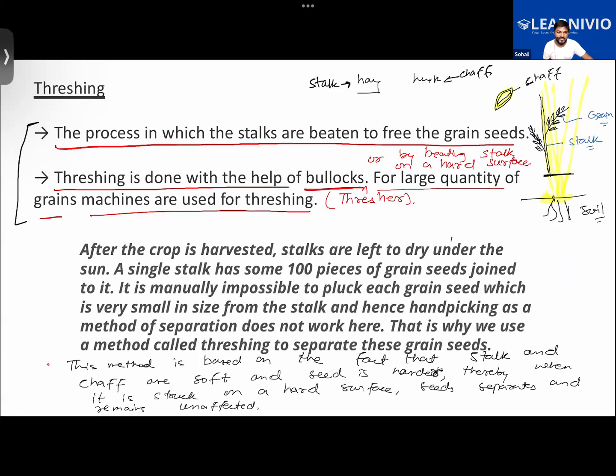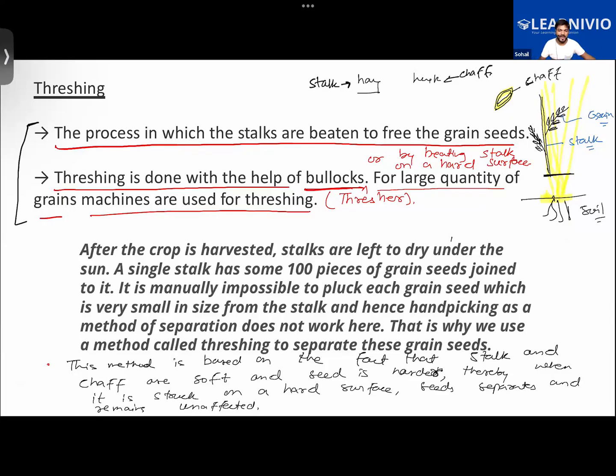In the case of threshing, we have learned that you have the stalk of the grain. The beating actually. Exactly. So you will be beating the crops. So first, the farmers, what they will be doing after the crop will be harvested, after the crop is mature, once it has been cut, then they will